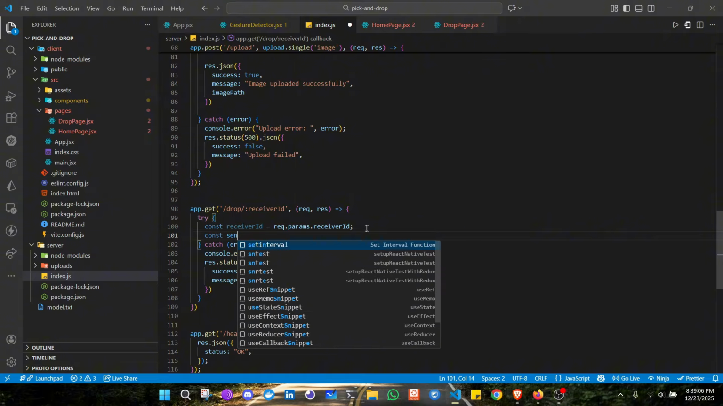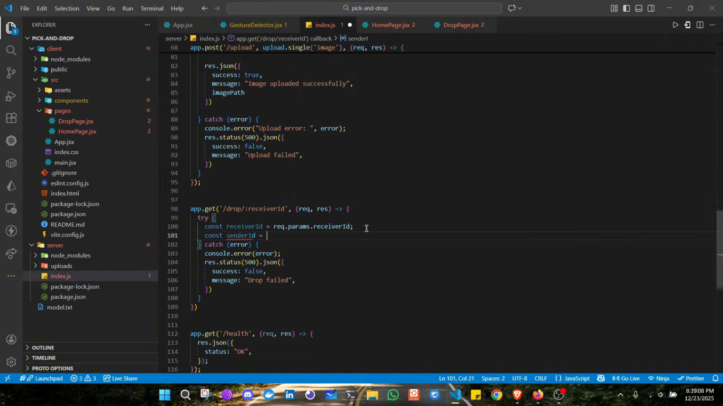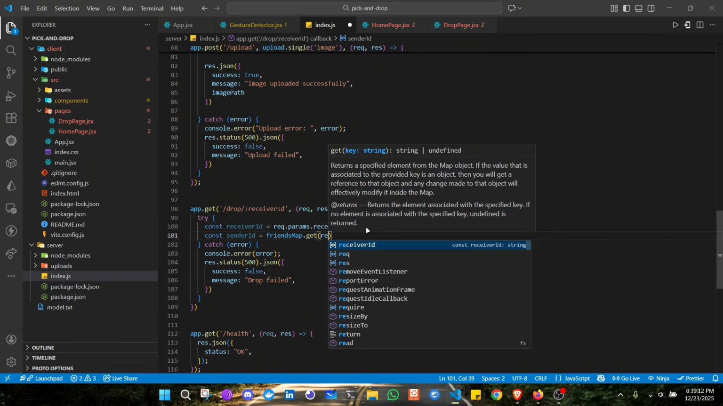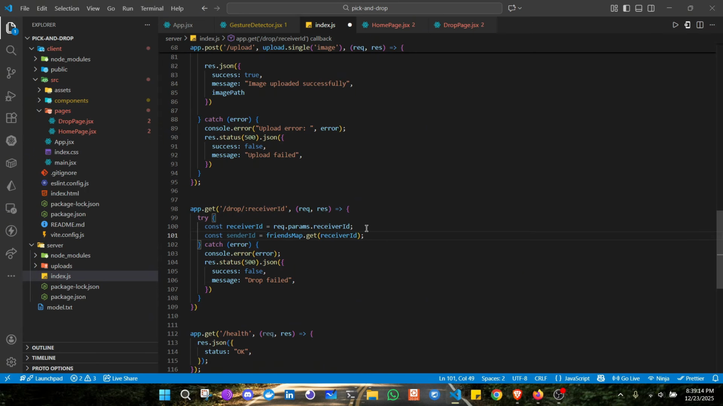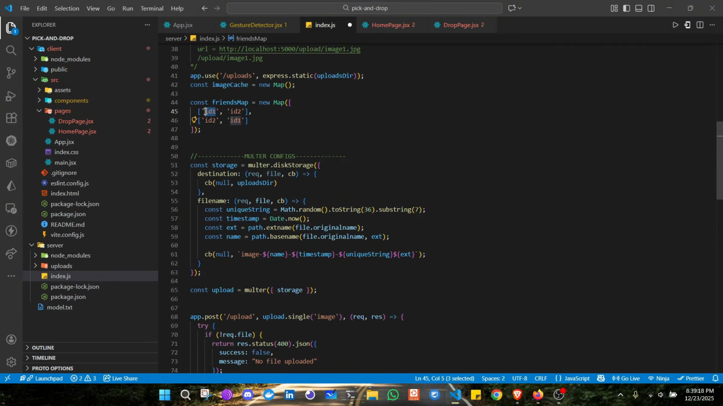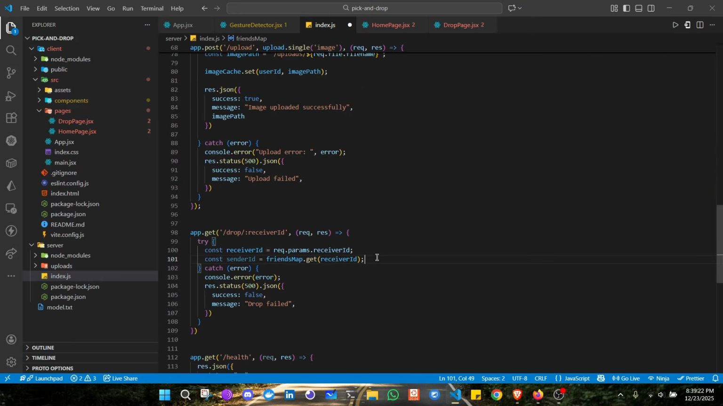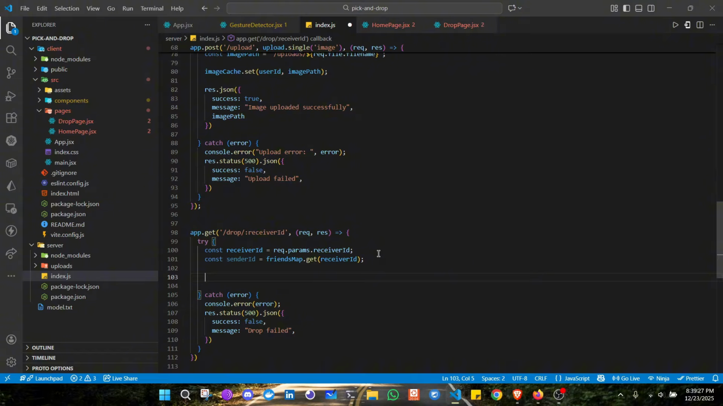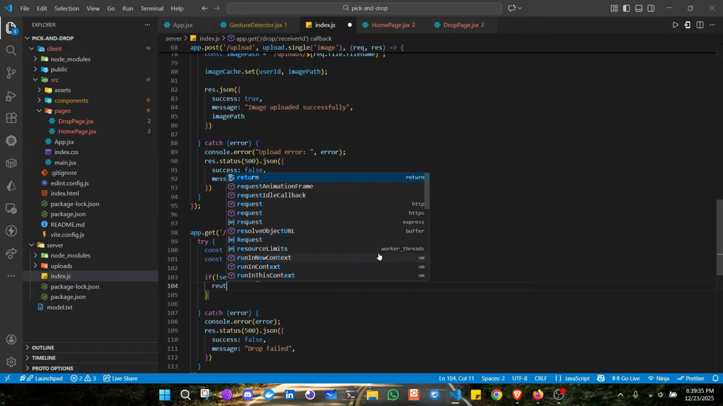So const senderID equal to friendsMap.get(receiverID). That means it should return, if ID 1 was the receiver, then it should return ID 2 as the sender. But if the sender ID is not present on the friend list, that means they both are not friends. So if no sender ID, that means if they are not friends, then we will return